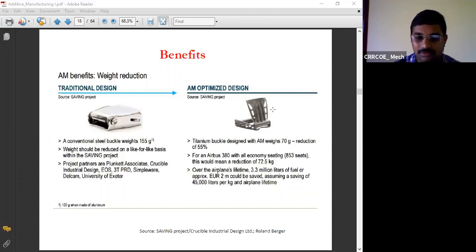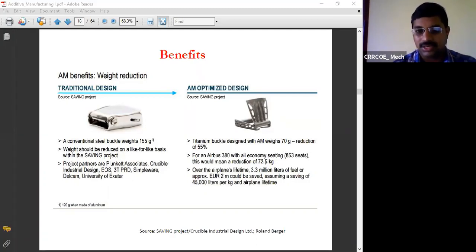See how detailed they are going. If they reduce the weight of one component, similar components will definitely be produced with similar designs. Around 100 to 200 seaters will be there, whatever it may be. The number will differ depending on the model and the vehicle.